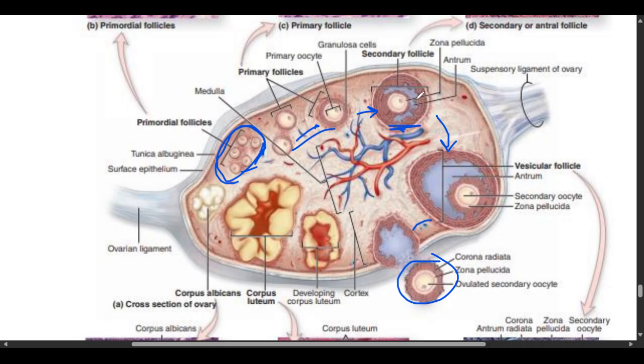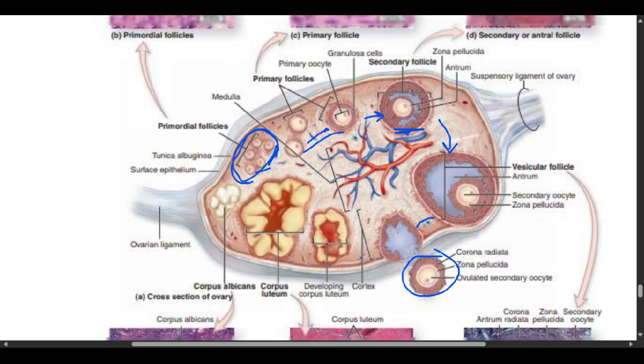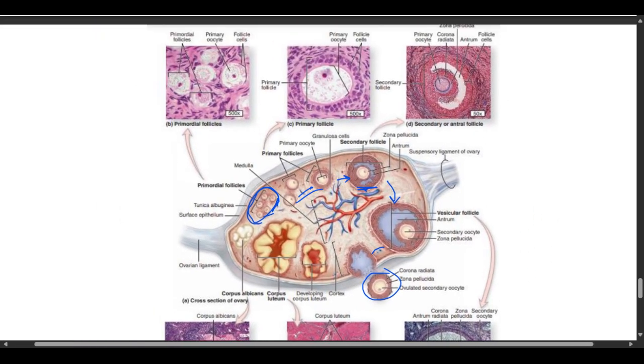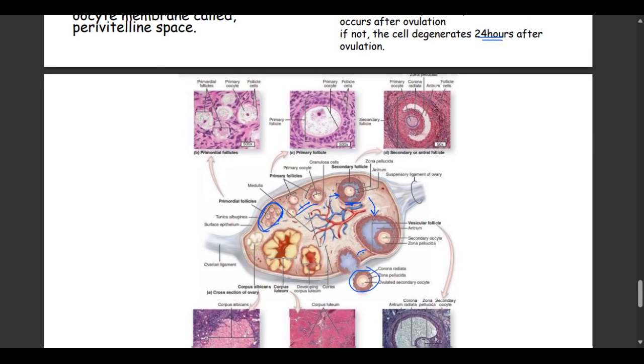At secondary, this is where the antro stage or the vesicular stage begins, where fluid starts to accumulate in a space called the antrum, and then a mature follicle has a bigger antrum, and at the end of the day, it's called a mature Graafian follicle. Yes, other than that, that is the end of oogenesis,